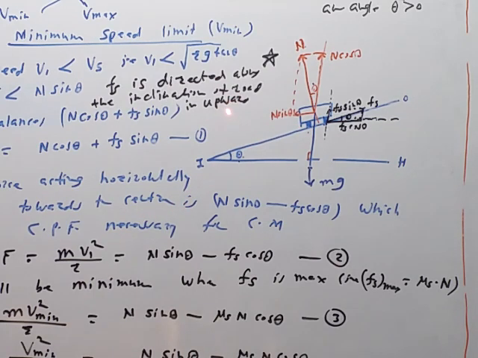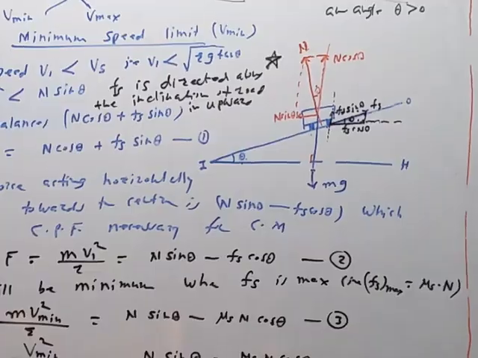In this case, it is upward. Fs is directed along the inclination of the road in the upward direction. In that case, for Vmax, this Fs will be in this direction. ह्या पॉईंट ऑफ कॉन्टॅक्ट जो आहे टायर आणि रोडमधला, इथे आपल्याला टेंजेंट काढावं लागेल सरफेसला आणि ती डाऊनवर्ड डायरेक्शनने टुवर्ड्स आय काढावं लागेल. So Fs is directed toward the outer edge, in this case V minimum. Fs will be directed towards the inner edge when we derive the expression for the Vmax, like this. आता Vmax ची केस सोपी झाली. So we can derive the minimum and maximum speed limit by this type of approach.